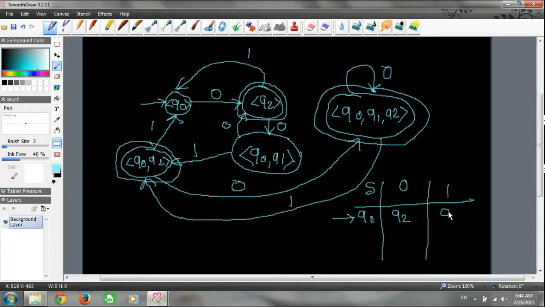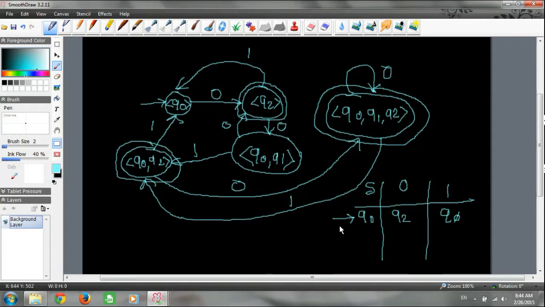Okay, so it is phi. Am I right? Q0 to 0, Q2, Q0 to 1, it's not going anywhere, right? So it's Q phi. Remember that we will not write it like a phi simply, because phi is a set which is valid in NFA, not in DFA.